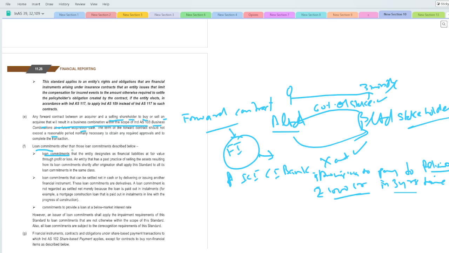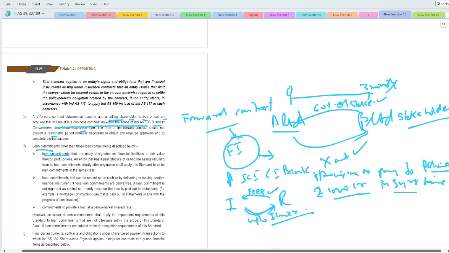So for the loan commitment, ICC Bank, it charges a fee like in the financial guarantee contract, and then in the future it will be paying the cash. So ICC Bank is getting the fees for the loan commitment facility from the Reliance, and then if the Reliance is opting for it, then the ICC Bank has to pay up to 1000 crore of loan in future till 3 years. So this is a financial instrument first, correct? Here is a cash and here is also cash. So the financial instrument is there.